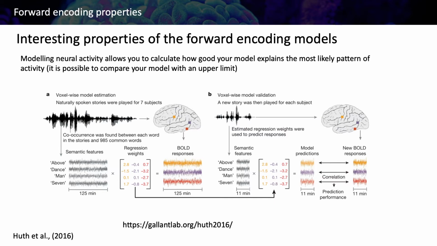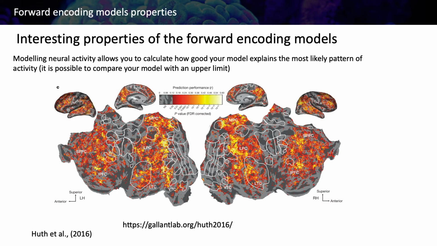So here I'm going to show you a map of the accuracy of the model, and you can see that in different voxels the model is performing quite well. For example, in some parietal regions, temporal lobe and frontal lobe, while for example in somatosensory and motor regions the performance, as would be expected, is not really high for the encoding of semantic contents.